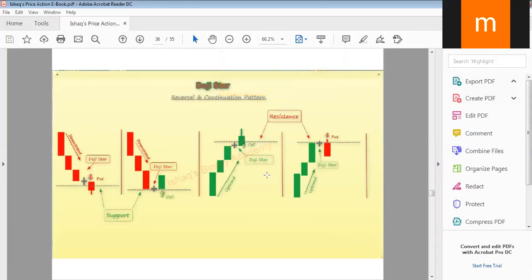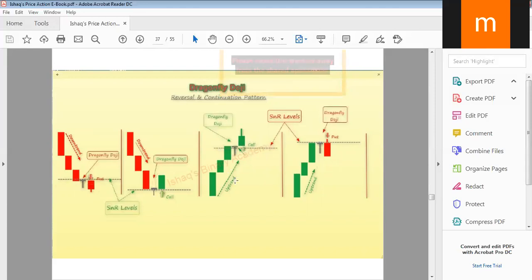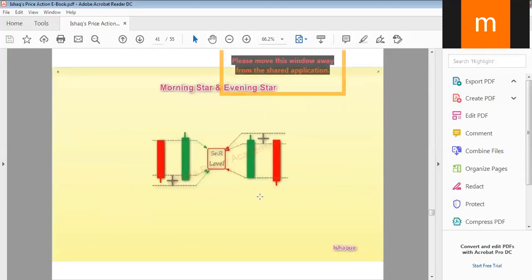Same for each and every doji, you can read the book and you will find examples of each. After the doji, you find the morning star and evening star. These are the same pattern to trade. After the morning star, you wait for one retracement candle. After one retracement candle, the price will go up. If the retracement candle broke the key level, then don't trade against the trend. These things are common in each and every pattern.